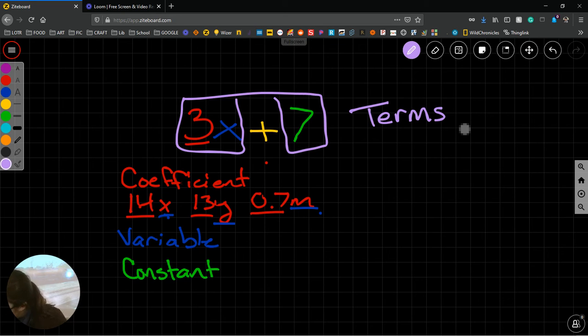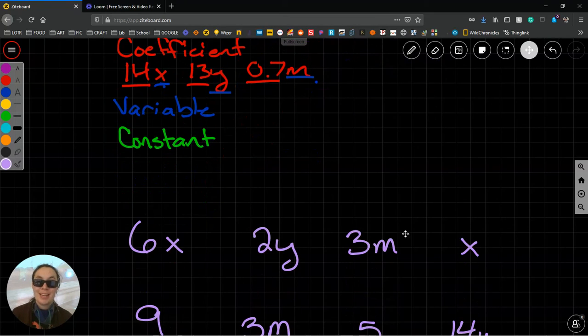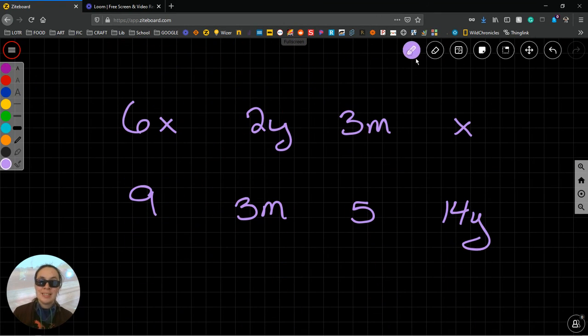And we can, if we need to, combine like terms. Like terms means terms that have the same variable. If you have like terms, you have the same letter. So let's look at some of these and see which ones are like terms. We're not looking at the coefficient. We're looking at the variable. When we are combining like terms, we need to see which terms have the same